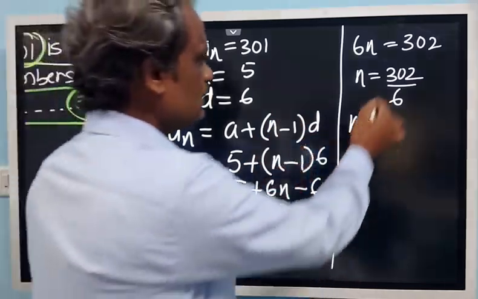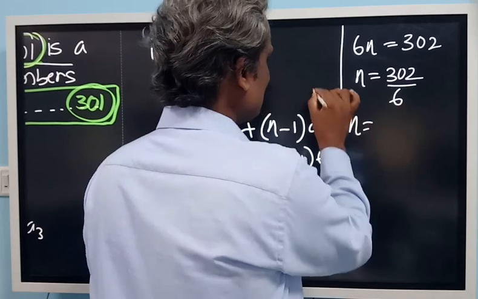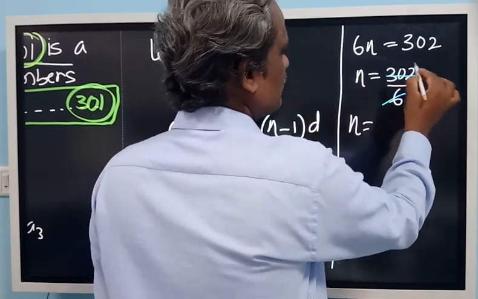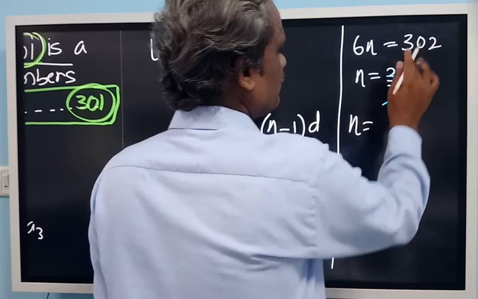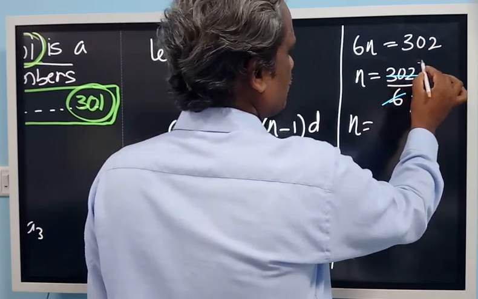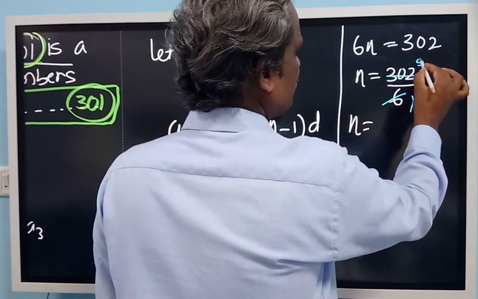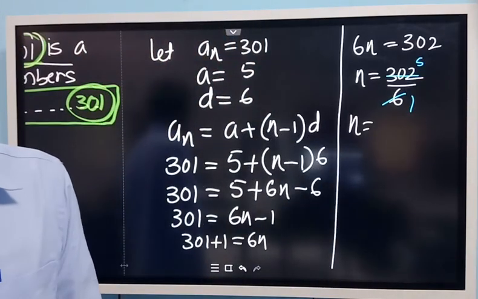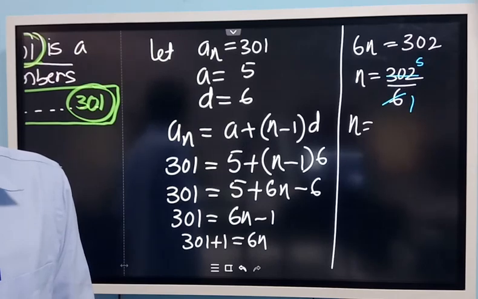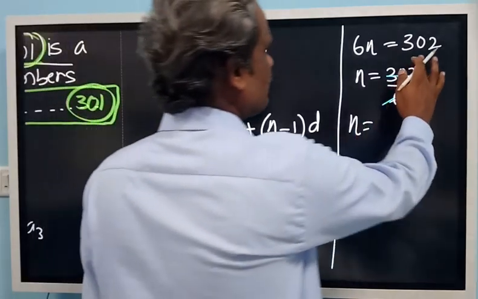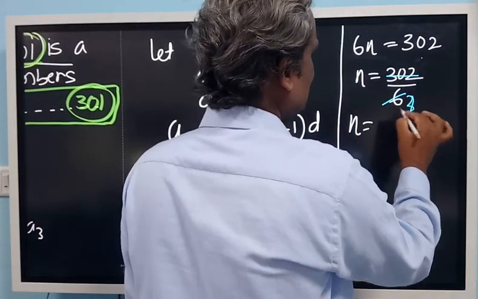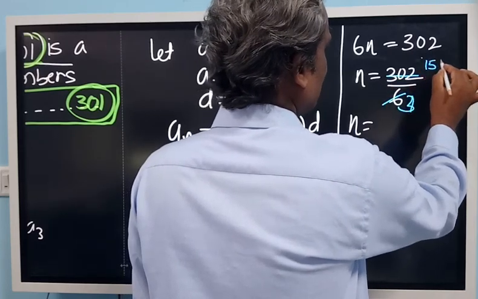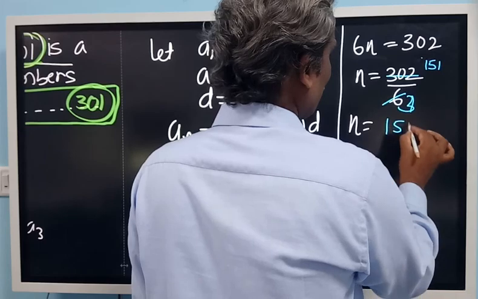So therefore, that is division. 6 in the dividend, you divide this one. 6 ones are 6, 6 threes are 18, 6 fives are 30. Then, is it possible to divide this one? You cannot divide. You can divide it by 2. 2 threes are, 2 ones are, 2 fives are again. So you are getting 151 by 3.